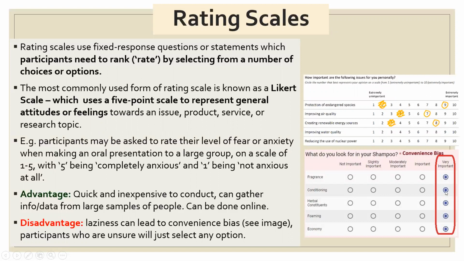Okay, so you go "very important," just everything very important in one nice column, just keep ticking the same option. Okay, and obviously you're not reading the question at that point. Now, as participants, it doesn't matter to us, but as a researcher, that's kind of annoying. We call that the convenience bias, that people just tick whatever box they want that's convenient for them, whatever they